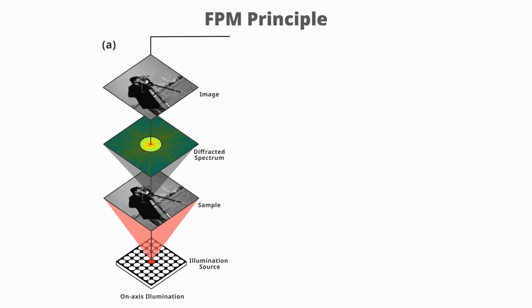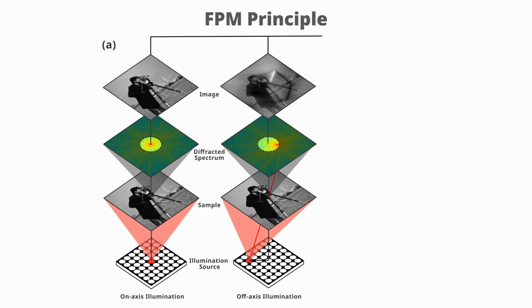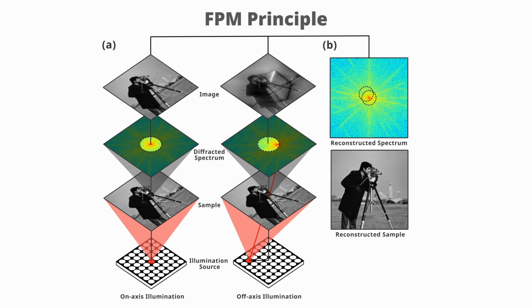The principle behind this is that when a sample is illuminated, this results in a diffracted spectrum that is filtered by the aperture of the objective lens. The key to this method is that for off-axis illumination, the diffracted spectrum results in a shift with respect to the on-axis illumination. This means if we combine these multiple angled illuminations, we can reconstruct a larger spectrum resulting in